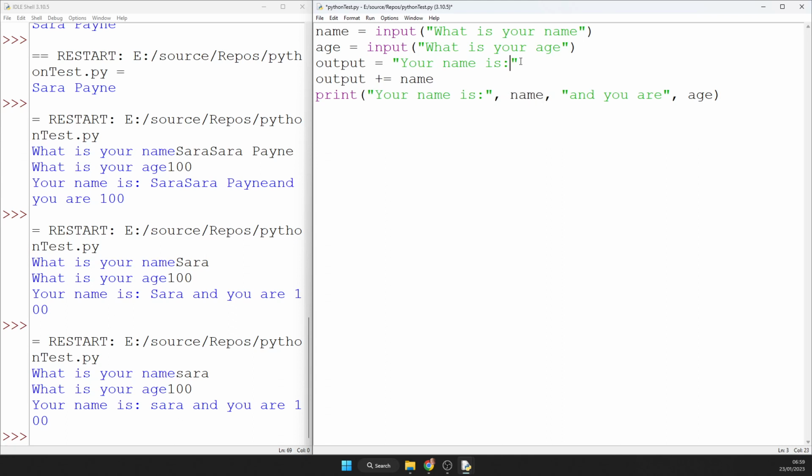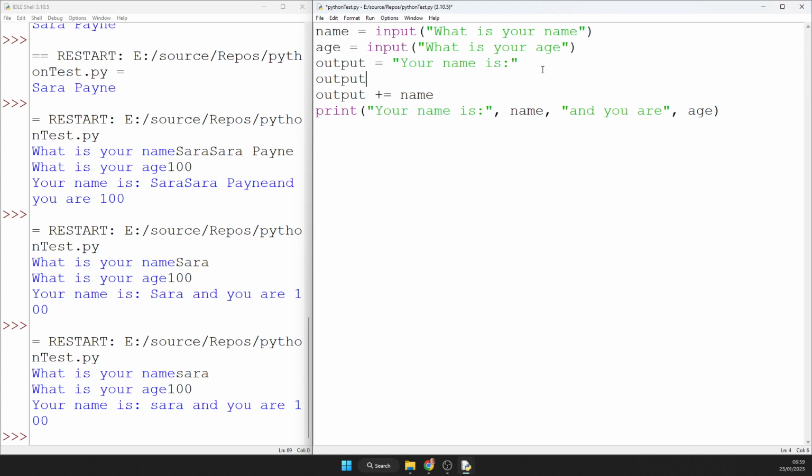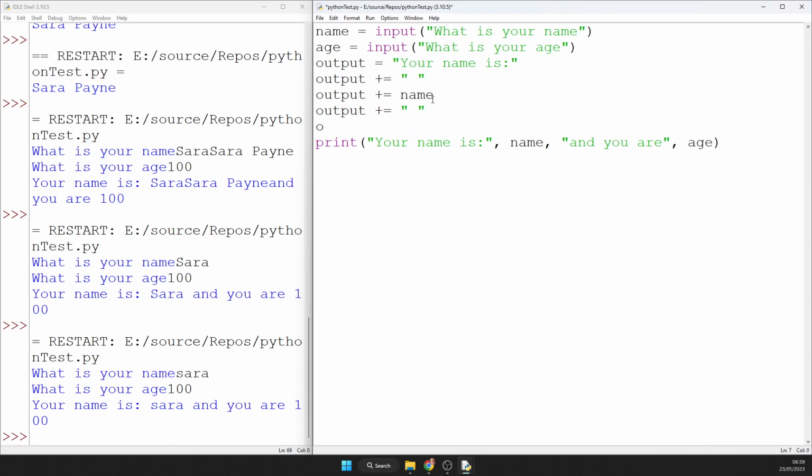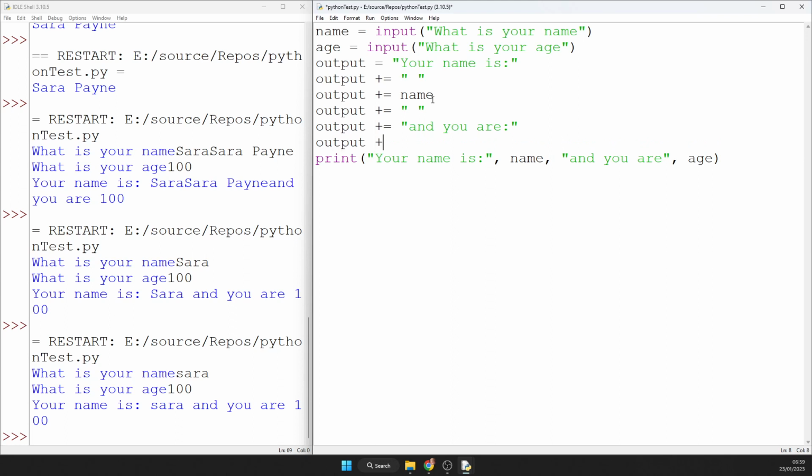But we do need to either put the space in here, or possibly to make it clearer, so we're going to set the original output is your name is, then we're going to concatenate the space onto the end, then we're going to concatenate a name, then we're going to concatenate another space, we're going to concatenate another space, age,